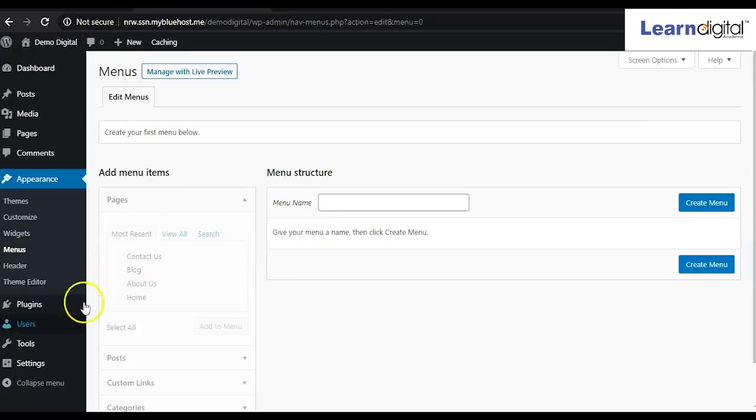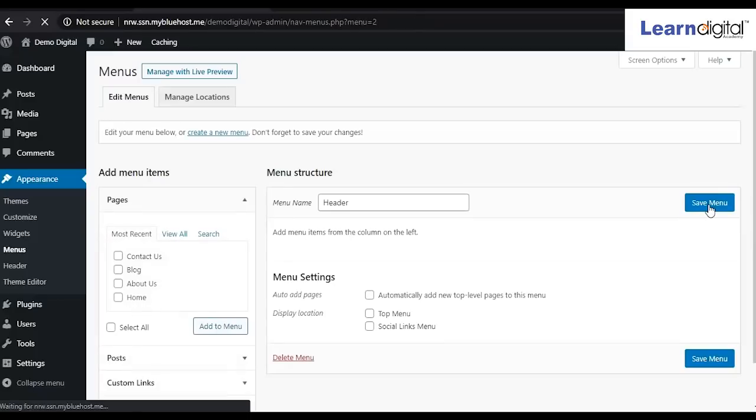See, on the left side, these four pages you'll be able to see that we have created, like home, about us, blog, contact us, but it is coming in the hidden form, right? So here simply, first of all, I'll create header part, that means top part of the website. I will click on create menu. Okay. So as soon as I created this menu, this part has become active.